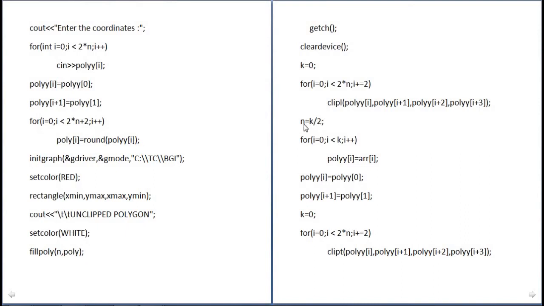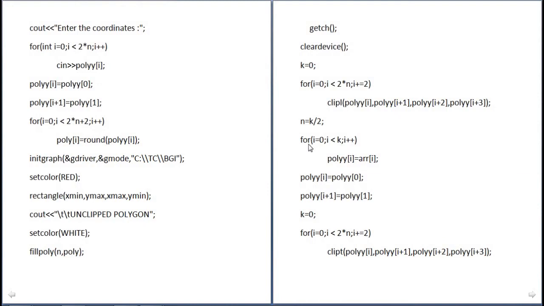Then n is equal to k by 2. That is, if there are 4 sides, then the clipped n is equal to 2. If there are 2 sides, then the clipped n is equal to 1.